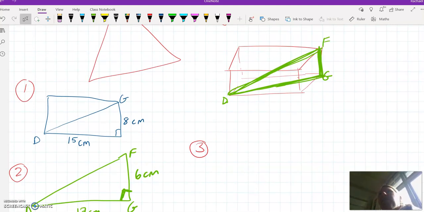When they say the plane, they're talking about that flat piece, DHGC. So in other words, that's the floor, isn't it? Because we've got H here and C here. So they're talking about the floor. So they're saying, okay, you've got the floor,